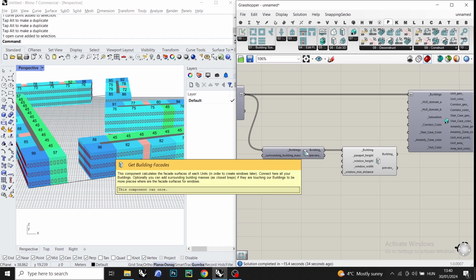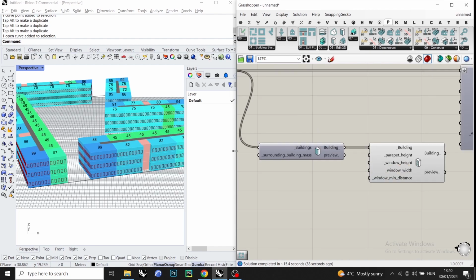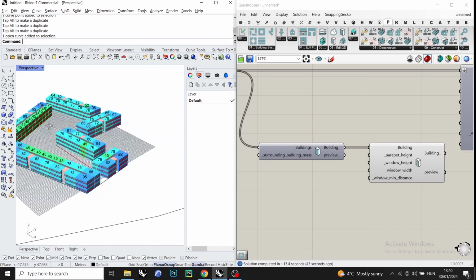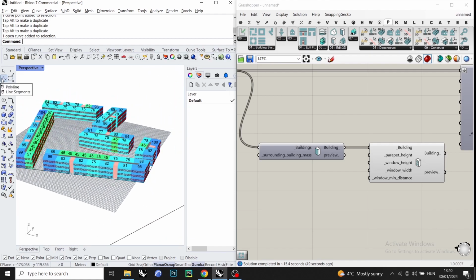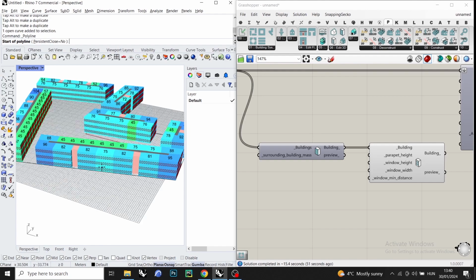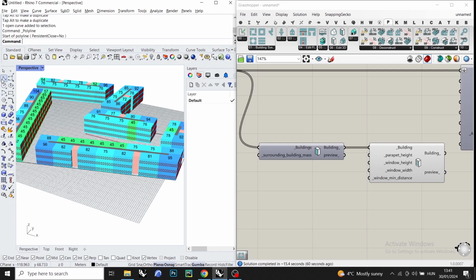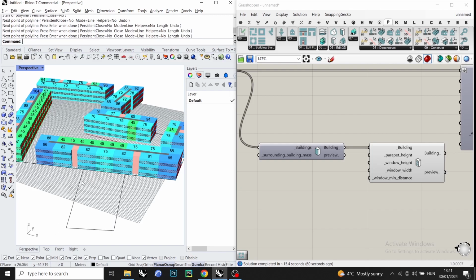If we go back to the Get Building Facades, we have another input, surrounding building mass, which means we can model buildings next to our site, and if we reference it here as a BREP, then it will recalculate which facades can be used for windows. Because obviously if we have a building next to it, for example right here,